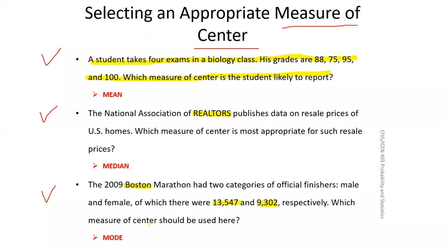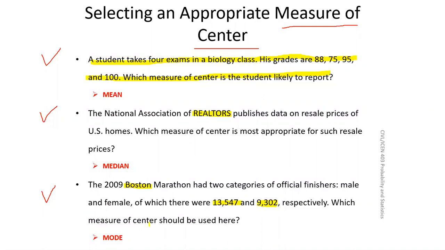The most number of repeated values, right? How many people finished the race? Why are we saying finished the race? Because marathons are very long races, and not all participants can finish the race. Some people leave at the beginning, some leave in the middle because they cannot run for 8 or 10 kilometers. It's a very long race, right? Usually these are like 50 kilometers as well, very long marathons. So not all people can finish.